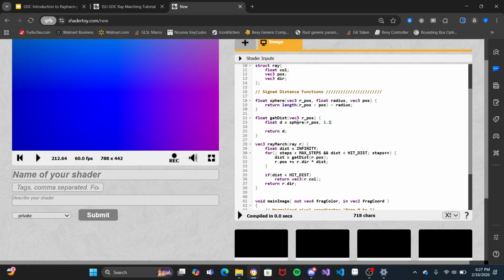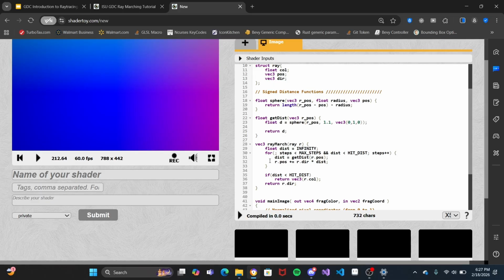For starters, we'll just do 1.1, and then the position of the sphere. And so we'll just do 0. We'll throw it up a little bit. So 0, 1, and then 0. So it's 1 up from the origin. And then